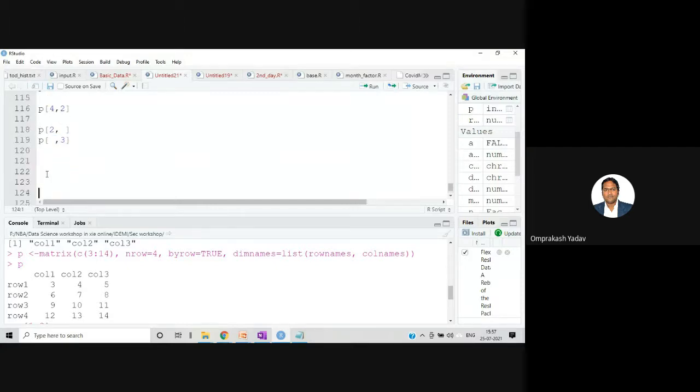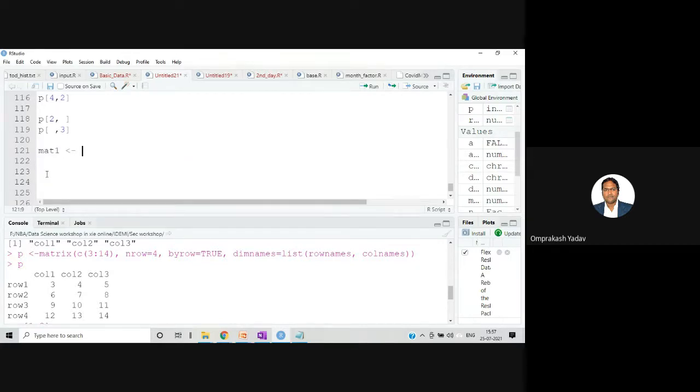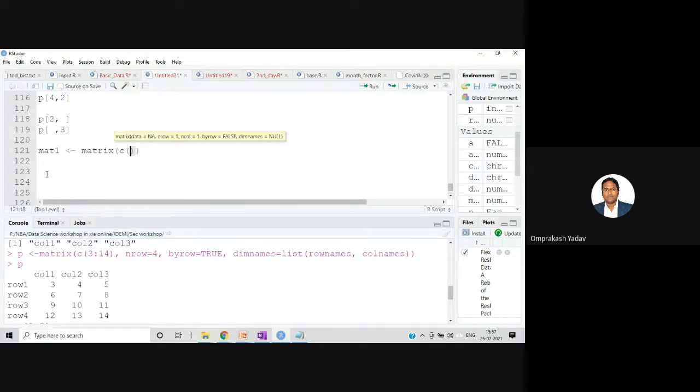Now let's do some operations with matrices, the way we did with the vector. We'll create two matrices, in a slightly different way. I'll say mat1 is equal to, using the same matrix function, and with the help of c I'm not going to specify a range. In fact, I'll give the numbers: 3, 9, -1, 4, 2, and 6. And here I'll say only nrow equal to 2.